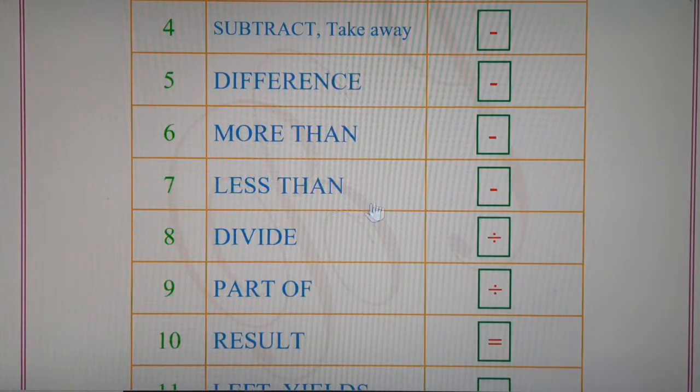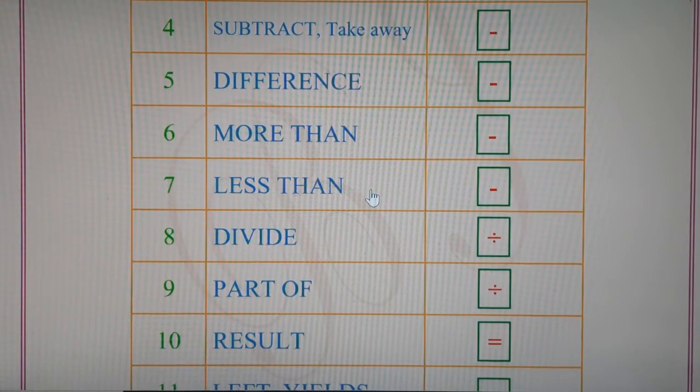Similarly, if the word less than is used, then we have to use the minus sign. Suppose we say Ram got less than Shyam by 1 mark. That means Shyam's marks minus Ram's marks is equal to 1. That means the greater number has to be written in front. Ram got 1 mark less than Shyam. That means Ram's marks are less and Shyam's marks are more. So greater number minus smaller number we have to do. Shyam has got more marks. So Shyam's marks minus Ram's marks is equal to the given value, that is 1.